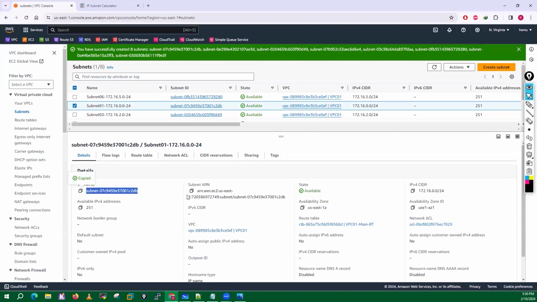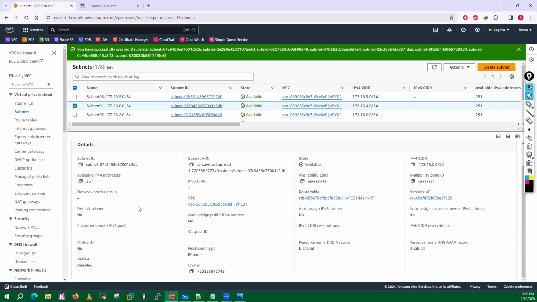We have a subnet ID, subnet ARN, availability zone. This is the VPC CIDR. This is the network ACL. Right now, guys, by default all your subnets fall under the main route table. Okay. Then this is the VPC. And guys, now here is a trick. I have created this subnet with the range of 172.16